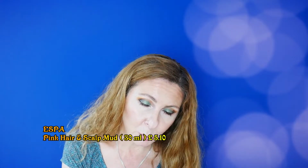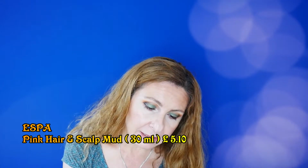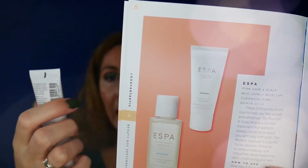Next, we have the ESPA Natural Beauty Inner Calm. This is a pink hair and scalp mud, an intensive treatment mask to condition and nourish your hair and scalp. Okay, so here is also a variation. So you could get this hair and scalp mud from ESPA, or you could also get the